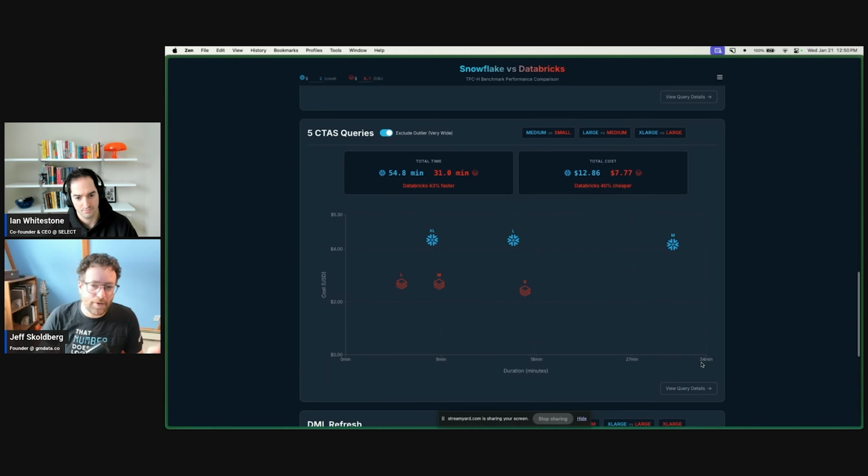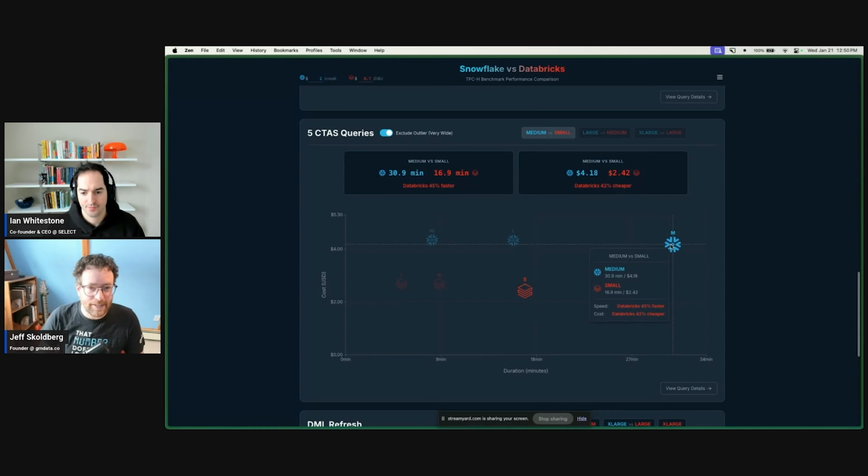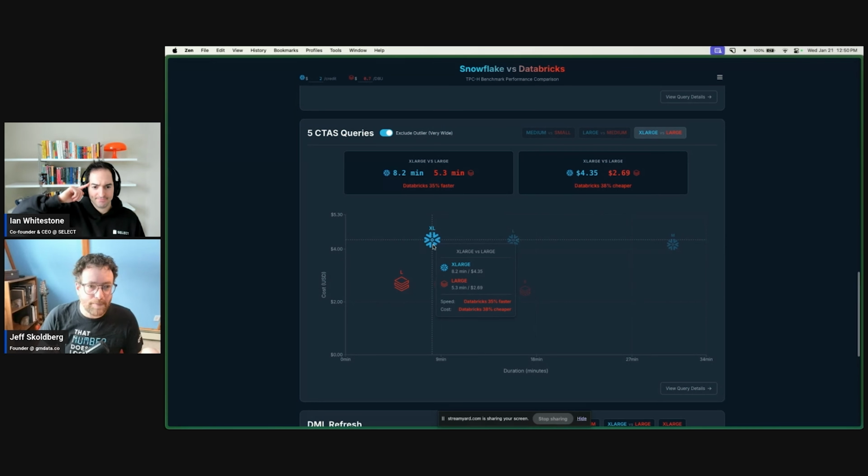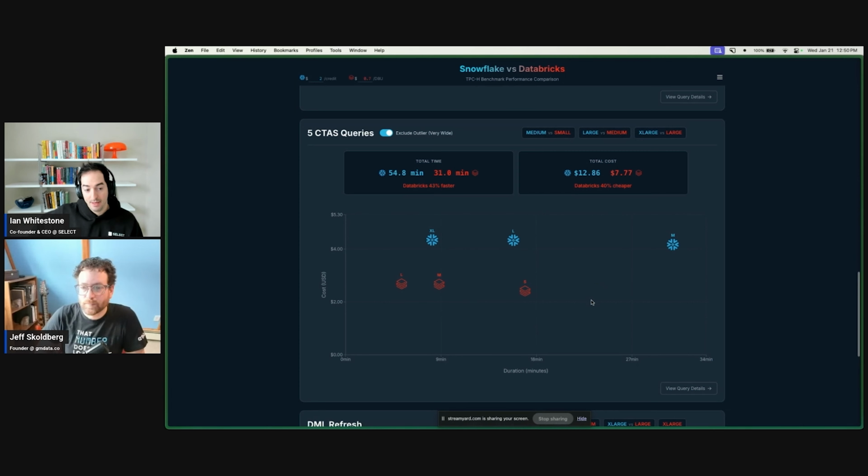Now we're looking at 34 minutes when we just exclude that one query from both platforms. But the results are actually still the same. If we look at this medium, we're looking at 31 minutes versus 17 minutes. We're looking at 15 minutes versus 8 minutes, and we're looking at 8 minutes versus 5 minutes. So that's a little diminishing on the larger warehouses, but I did just remember, Jeff, an important thing to call